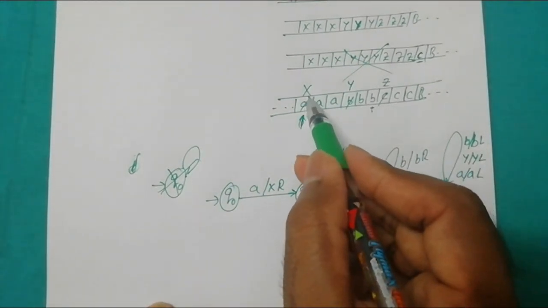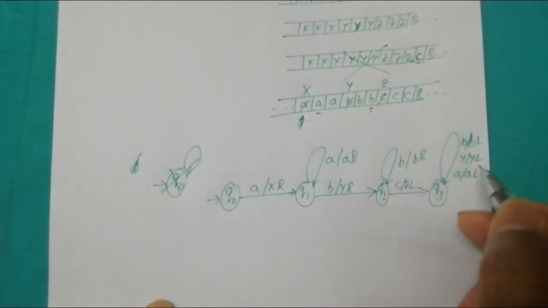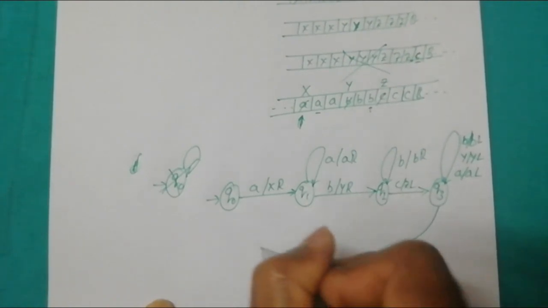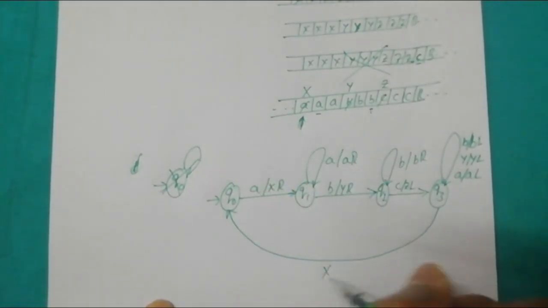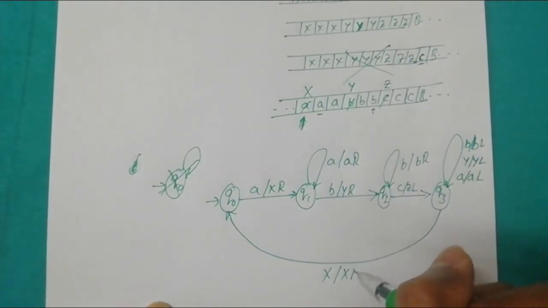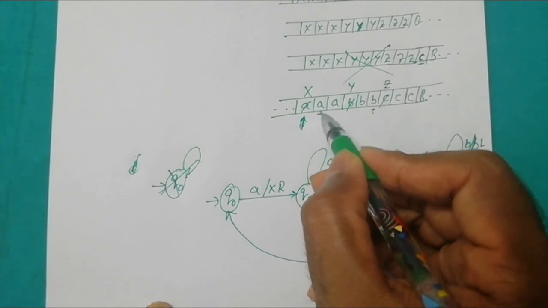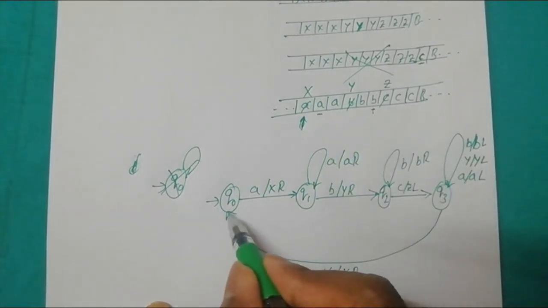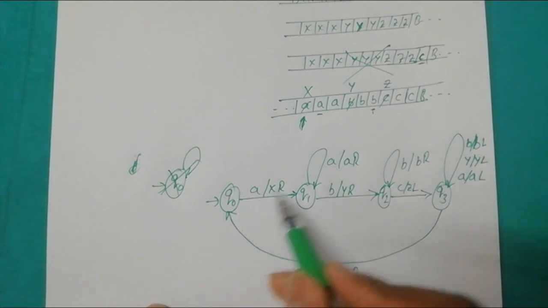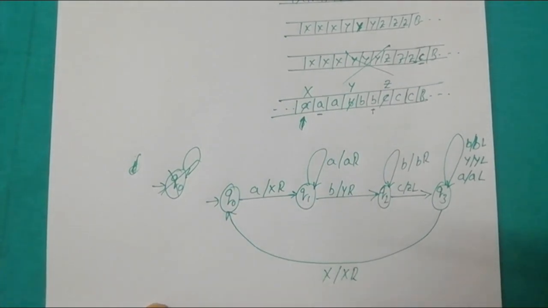Q3 will come across the input symbol X, the tape symbol X. So we move to the state Q0. We keep that symbol as it is and we move one cell to the right. That means the read write head is currently positioned at this cell. Why we move to the state Q0 is that Q0 is the state which is responsible for converting A into X. So we move to the state Q0.